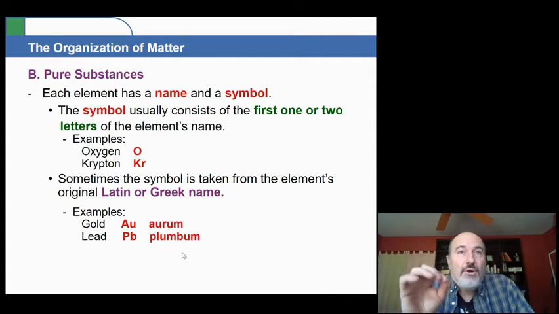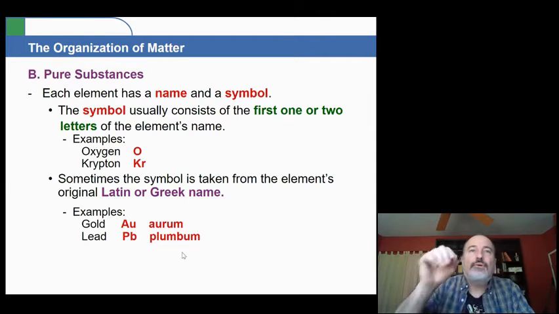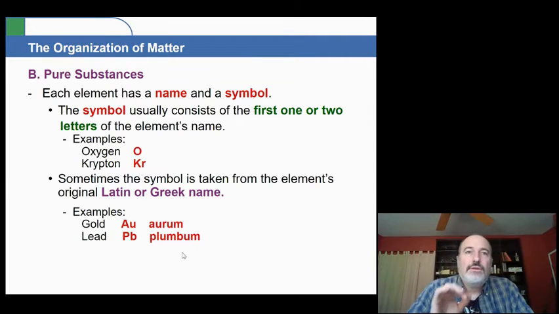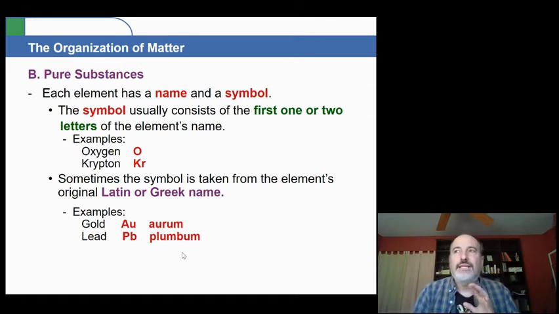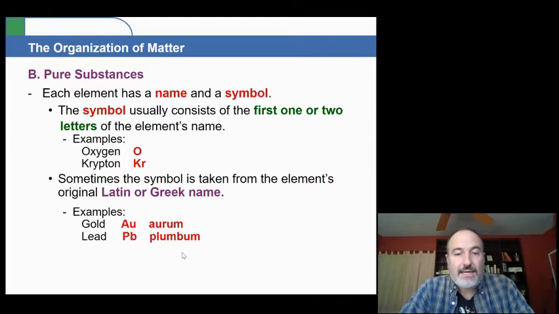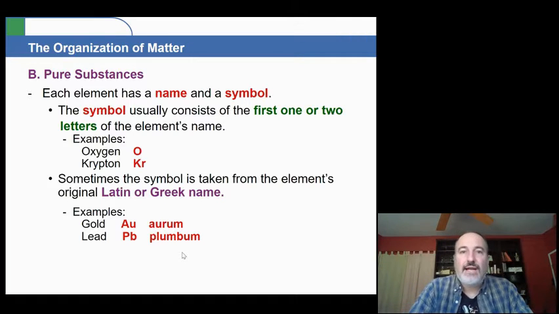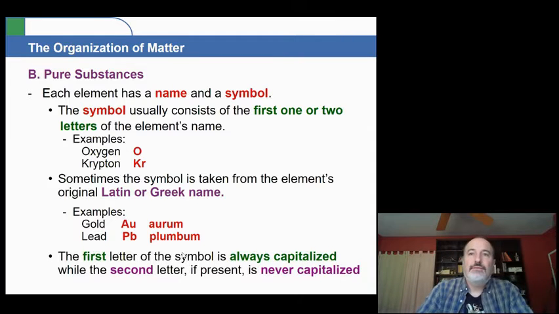Moving right along. So either it's based upon the Latin name or the original name, and so forth. And we use the symbols because it's a lot simpler when we're dealing with writing out equations and so forth, dealing with the symbol instead of writing out the entire name. It's just a simpler way of doing it. It's kind of like in math, we use a single straight vertical line instead of writing out O-N-E for one. All right, it's just an easier way of doing it.